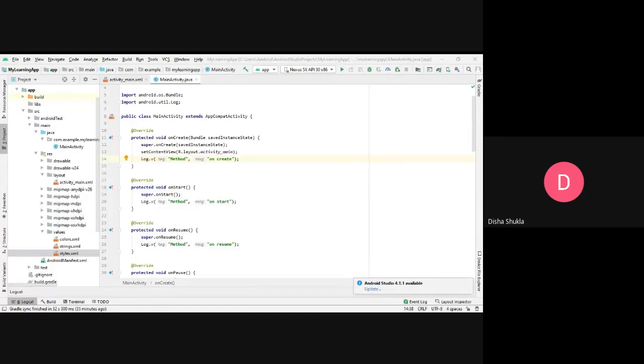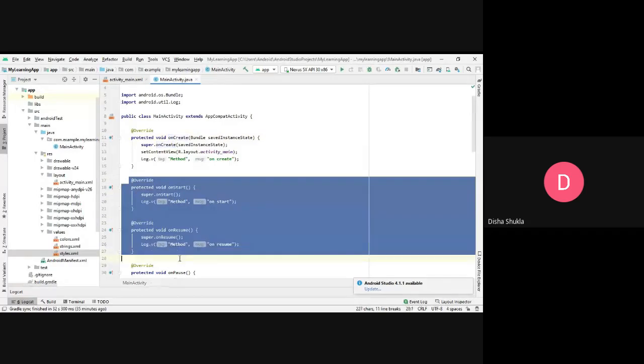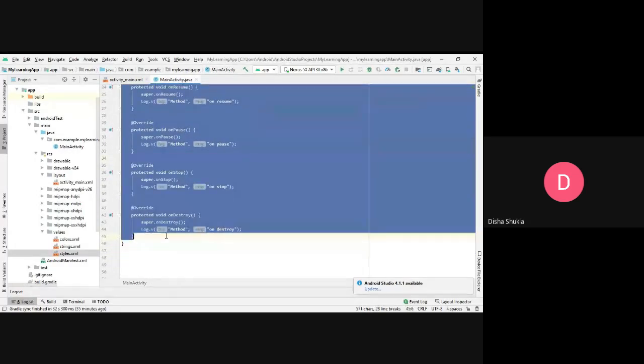On stop. Yatri, the onStop method is something that you didn't mention, but the sequence is correct. It's onCreate, onStart, onResume, onPause, onStop, and then finally the onDestroy method will be called. And this is how we mention all those things. For example, by default, you get this method onCreate overridden in this activity, and then we overrode all the other methods that you can see over here.